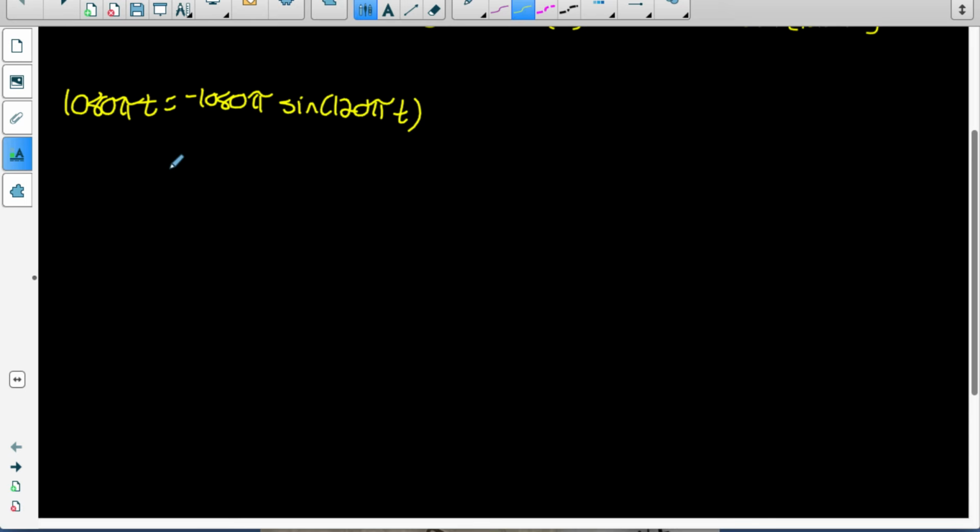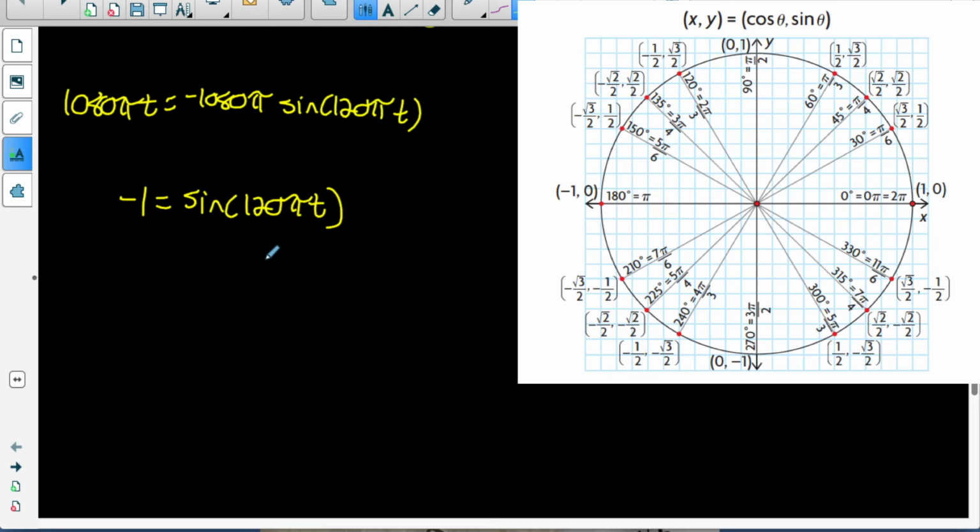Now let's divide the coefficient to the other side, and we get -1 equals the sine function. And when is a sine ratio equal to -1? Well, if you know your unit circle well, you know that a sine ratio is equal to the y-coordinate of where you intersect the unit circle. And when will we be at a y-coordinate of -1? Well, if the angle of rotation, 120 pi t, is equal to 3 pi over 2, or anything coterminal to